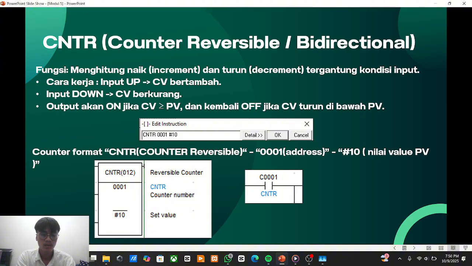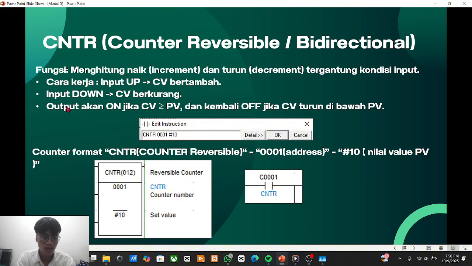CNTR, counter reversible, a bidirectional function to count upward increment and downward decrement depending on the input condition. Working principle: when the up input is active, the CV current value increases.